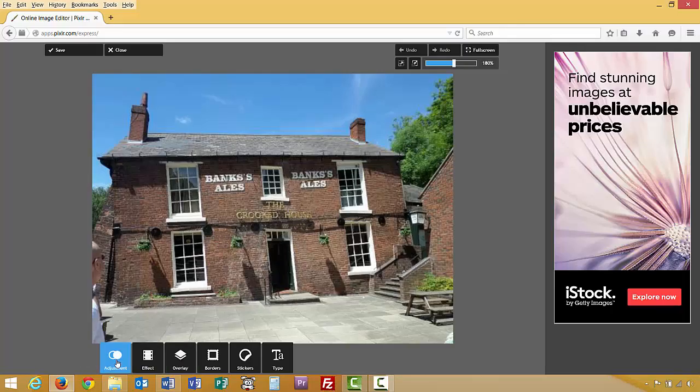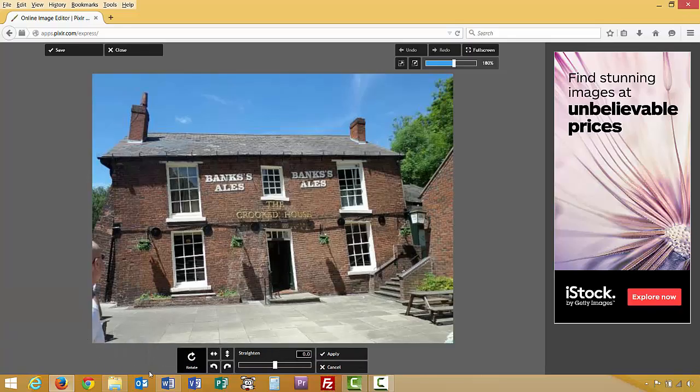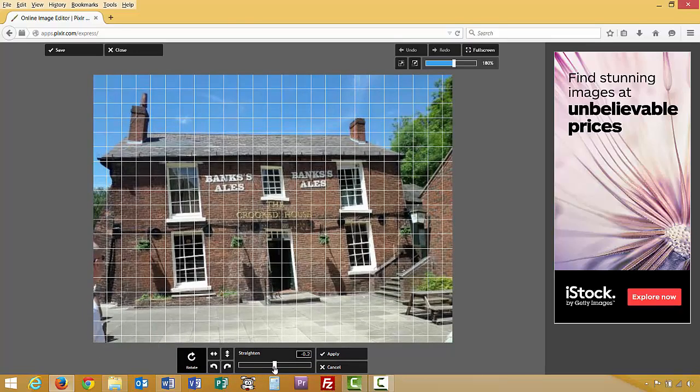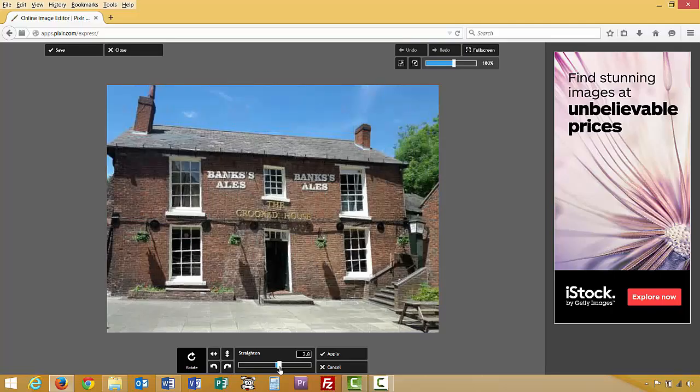And this is also an adjustment. You go to your adjustment button here, and we're going to go to our rotate, and basically from here what we can do, it gives you grid lines. You can start to try and get that thing a little bit straighter. And so I'm going to turn it about maybe 4 degrees, and that looks a little better. I mean, you can still tell it's a crooked house, but